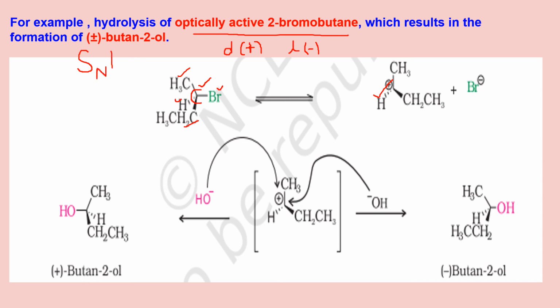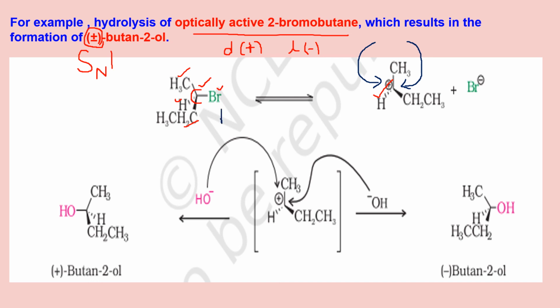So in SN1 mechanism, the product would be having plus minus together. What does it mean? It means that once you get this carbocation, there is equal probability of attack of the nucleophile from this side, opposite to where the halogen was there earlier, just to make you understand, or from the same side where the halogen was present already. There are 50% chances. So if the attack is from the same side where Br was placed earlier, it will be having exactly the same configuration.